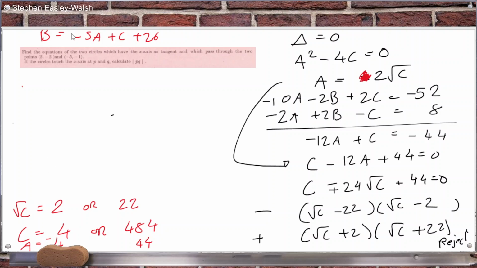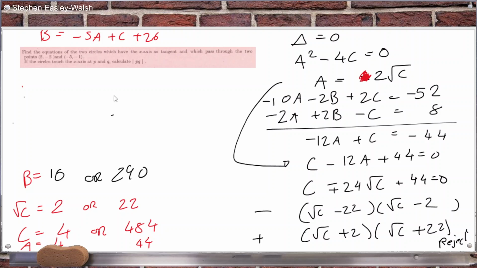Now this looks like I have a minus there, but it's just a pen scratch. B would be minus 5 times 4 plus 4 plus 26, so that's 10. Or minus 5 times 44 plus 484 plus 26,